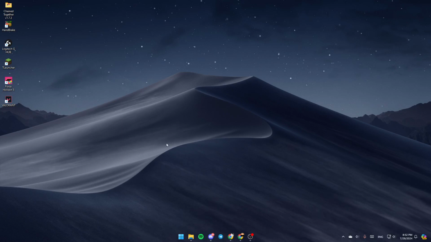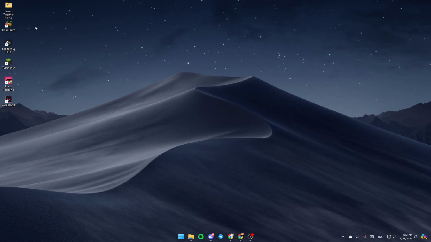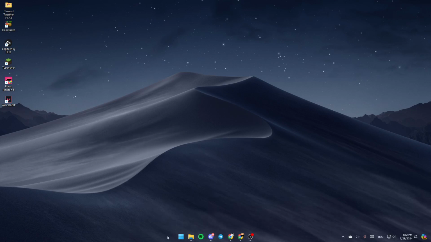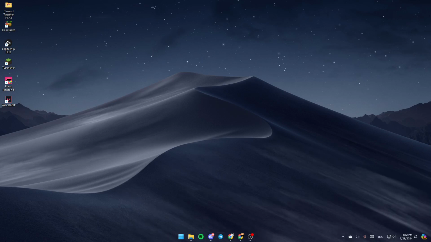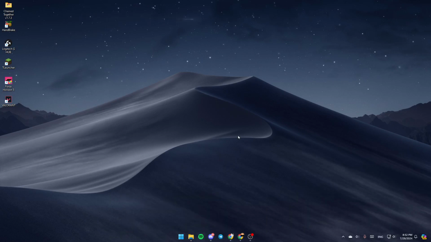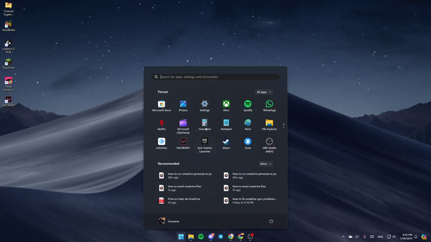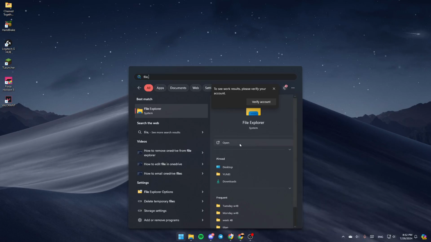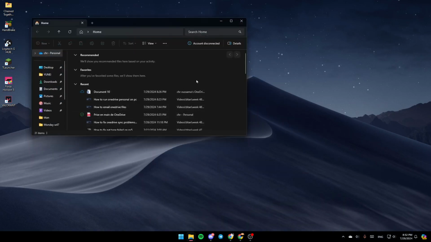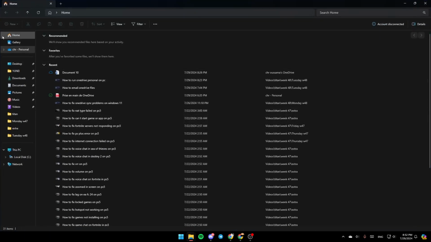So right here, as you can see guys, you're going to find your taskbar pinned apps. So if you find File Explorer right here, go ahead and click on it. Or if you don't find it, just go to the Start menu and then search for File Explorer. Once you find it, go ahead and click on Open. And then once you open File Explorer, right here, as you can see, guys, you're going to find all of